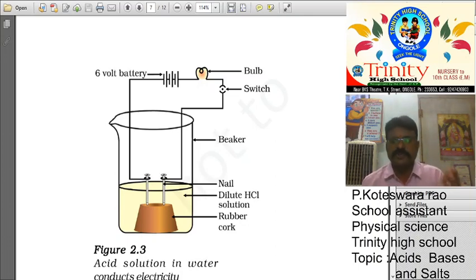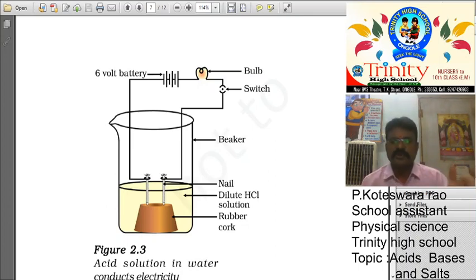CH3OH or C2H5OH, it is also having H. What about HCl? Hydrochloric acid, HCl, H plus. What about sulfuric acid, H2SO4? Among all these, one having H plus. But only in HCl and H2SO4 the condition bulb is glowing, because they can attribute H plus ions. That is the technical word.